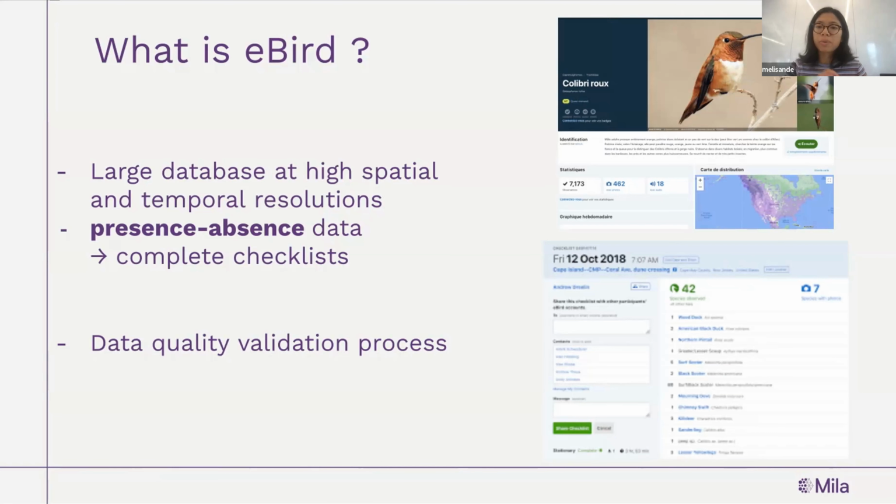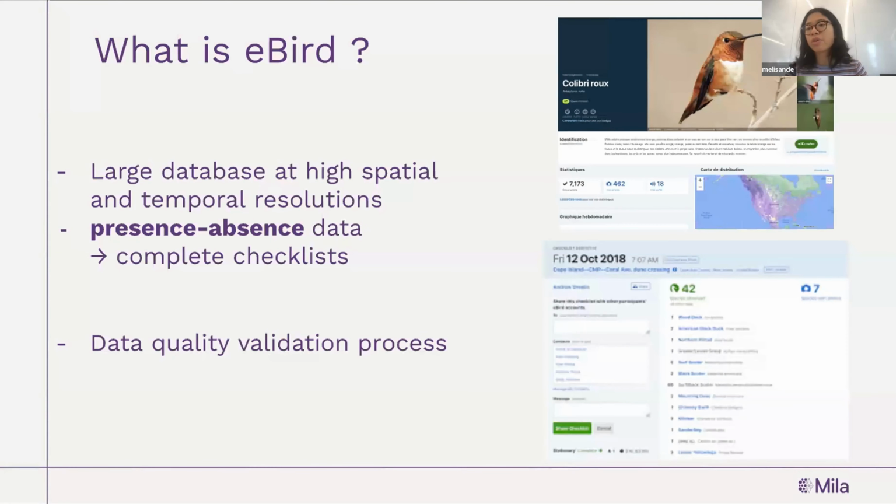Most of the time when people report data in citizen science, it's quite opportunistic. For example, if you use iNaturalist, you go out there and take a picture, which identifies a species that is present, but you don't know anything about the species that are absent. Whereas in eBird, there's an option to submit complete checklists, which correspond to reporting everything that you saw and were able to identify on that day.